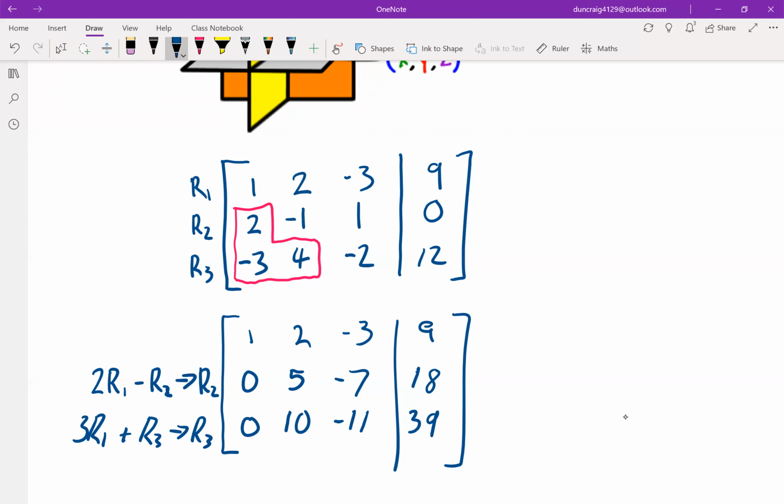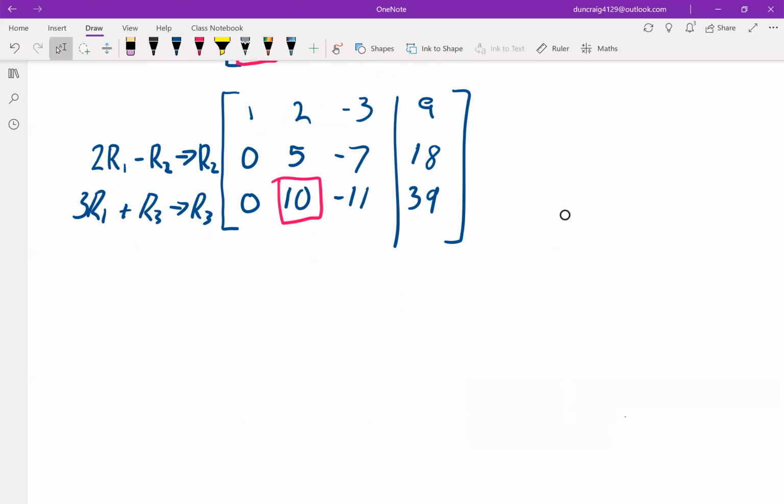Okay, so that's our first step there. We've created the 2 zeros there. Now we want to turn this value here equal to a 10, so actually what I'm going to do is just eliminate that. So our first step is making these zeros, and then our next step here is to make this one a 0 as well. So in that first step, we use row 1 with R2 and R3. Now we've already used R1, so we can't use it again. So now in eliminating this 10 in the second row here, I can't use R1. I have to use R2 and R3